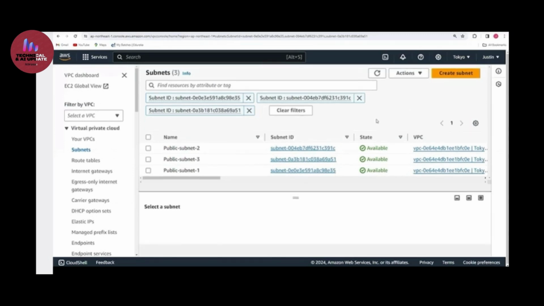Once the subnets have been created, are these subnets immediately connected to the